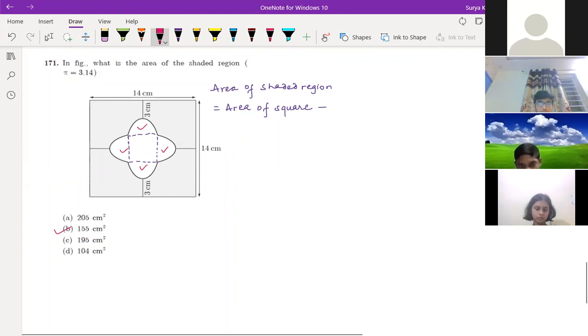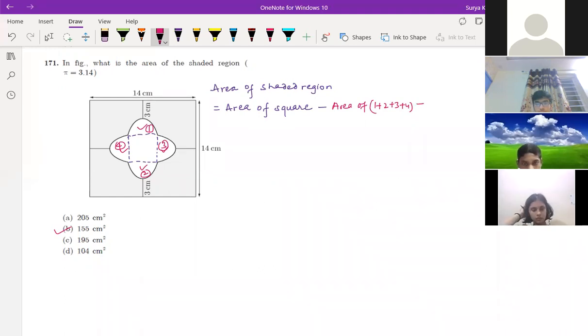Okay. So I'm writing here 1, 2, 3, and 4. So what we need to do is area of a square minus area of 1 plus 2 plus 3 plus 4. Again minus this square part is coming into picture, right? So what is the area of a square over here? Side into side. 3 and 3 is that side, right? 3 and 3 is 6, 14 minus 6, that is nothing but 8, right? So from here to here is 8.